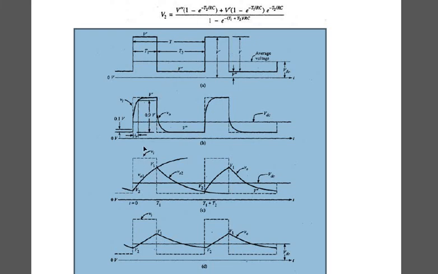The output waveform when your RC is smaller than your T_P: the time constant RC is small when compared to the time period of your input square waveform. So the wave shape is preserved here, or I can also say RC is less than T. Correct. Now see the rise time over here, it is very small. t_r is very small, and it is not going exponentially out of the pulse width that you have taken. So this is the first condition.